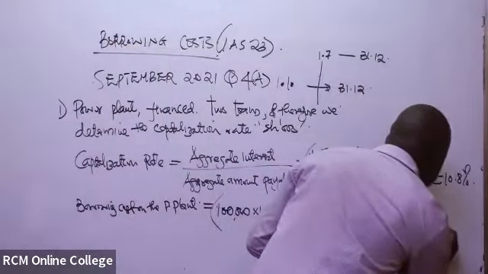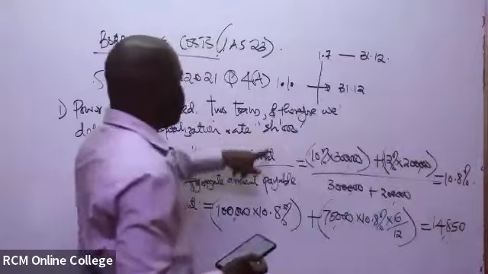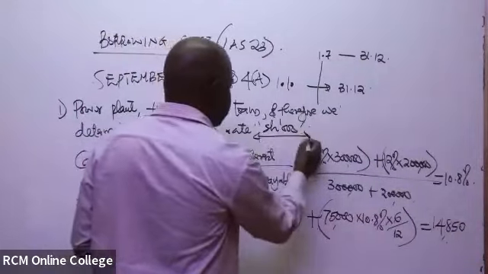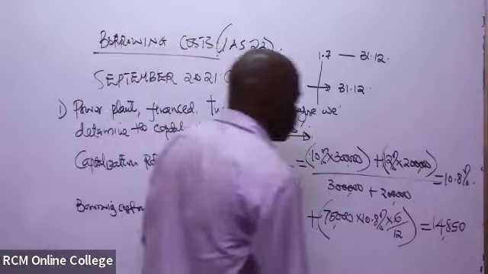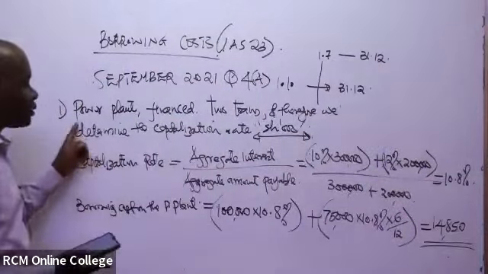So it is actually 14,850. Remember, our figures have already indicated they're actually in thousands up here, in thousands. So you have to take note of that. They're actually in thousands. So that is actually 14,800 and 50. So the borrowing cost now in this case on the power plant was actually